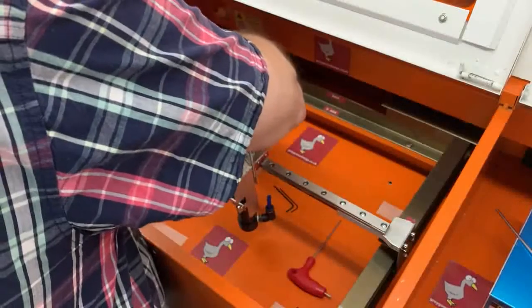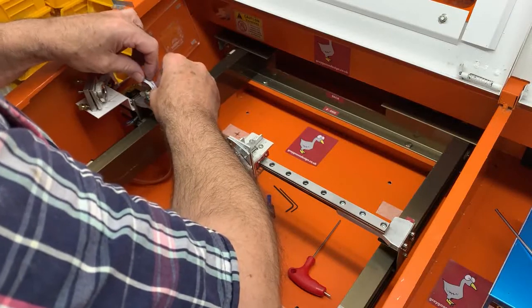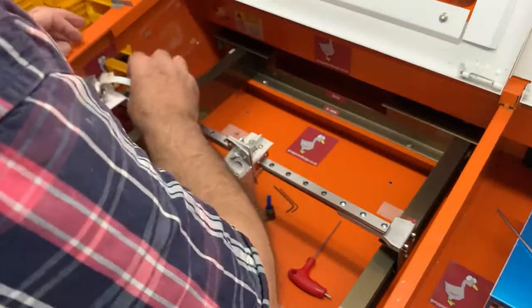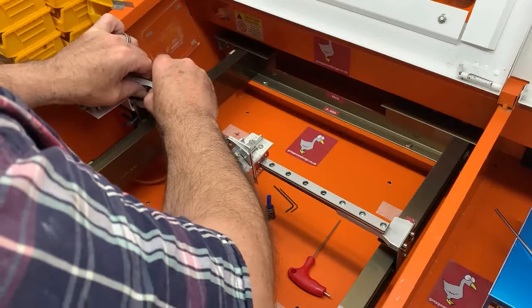One thing we haven't done yet is bring the limit switch cable round. I will tidy that up. I think I'll do it now before we... There are different ways that this can come round. One thing I would say is